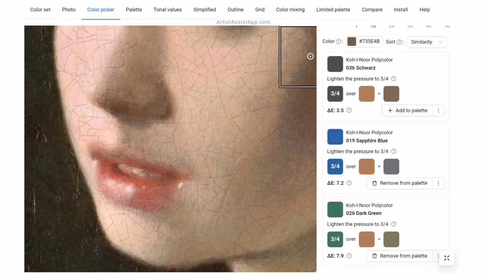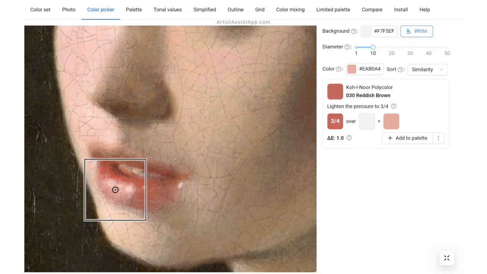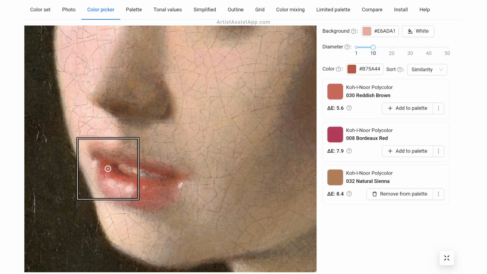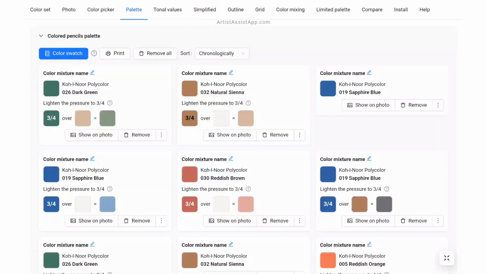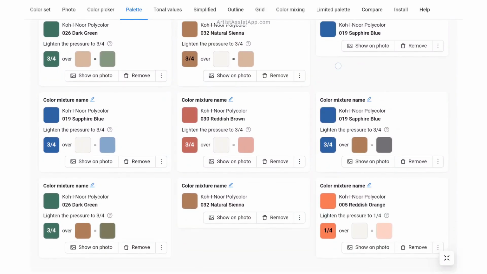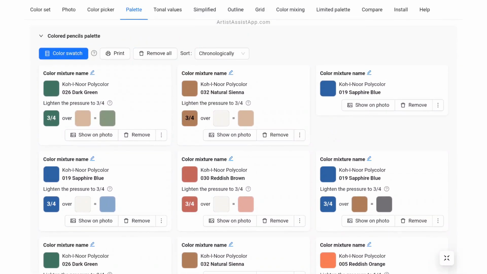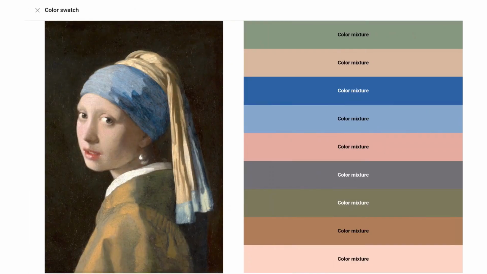Save instructions for mixing your favorite colors so you can quickly access them using the palette tool. There is a separate palette for each reference photo. In color swatch mode, all the colors in the palette are stacked on top of each other and displayed next